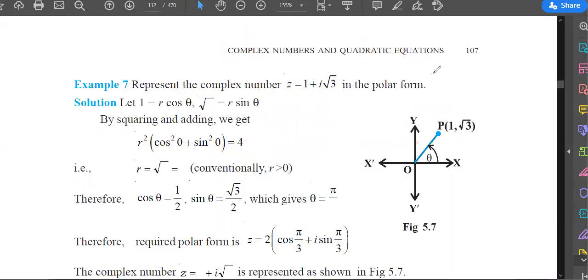Now, in complex numbers, you will take the angle from minus pi to plus pi. Minus pi to plus pi means from this to this and this to this. Now try to find the value of 1 minus root 3i, or 1 minus i root 3. Tell me, what is the polar form of 1 minus root 3i? Tell me everyone.